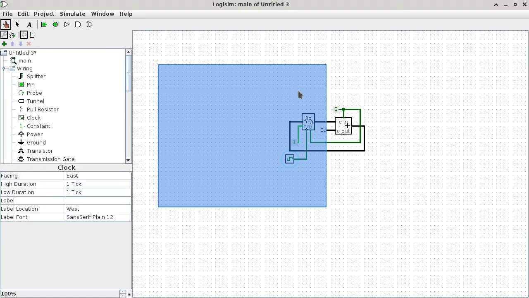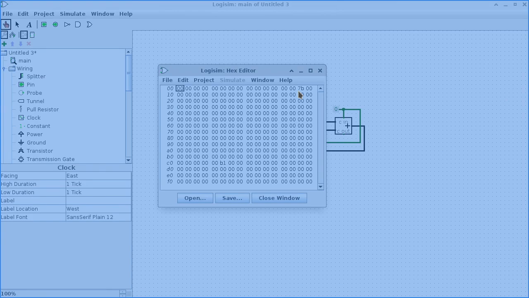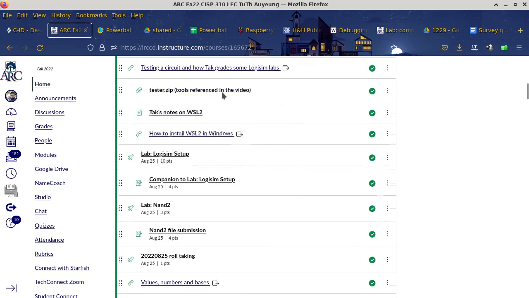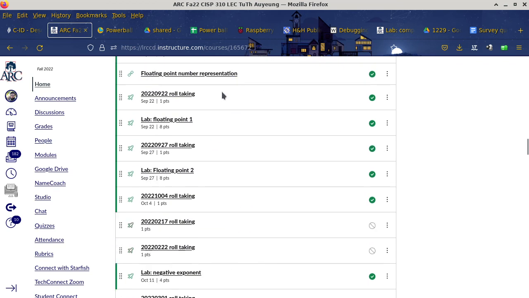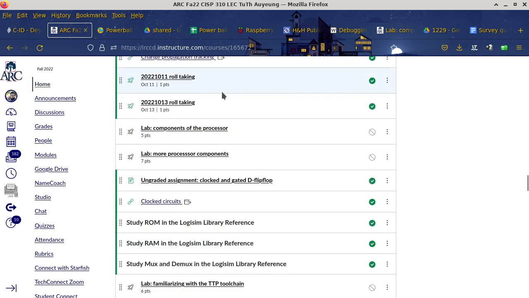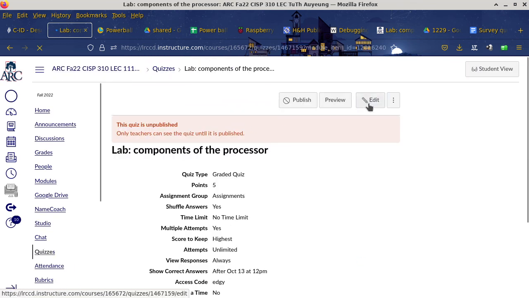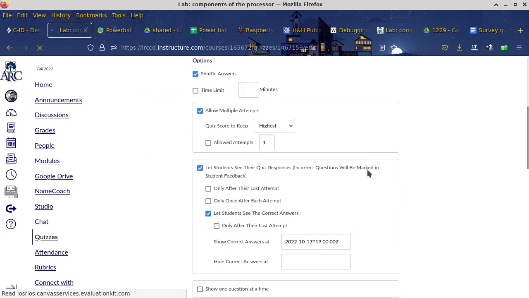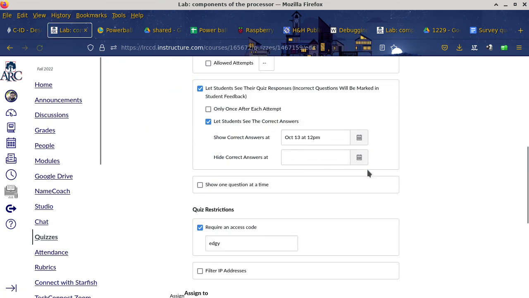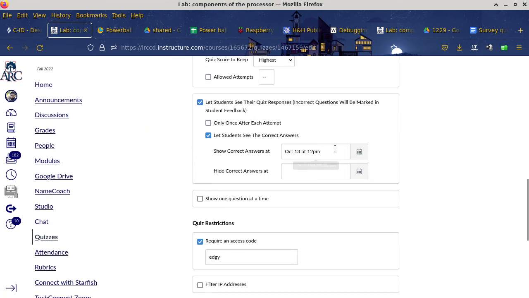So let's go to, oops, I just got past the browser. There we go. So I'm going to release one of the labs related to the mechanism inside the processor. It's called components of the processor. And then the next one is more processor components, but we're only going to do the first one today. And let me give you the access code. The access code is, okay, I want to show the answer at,